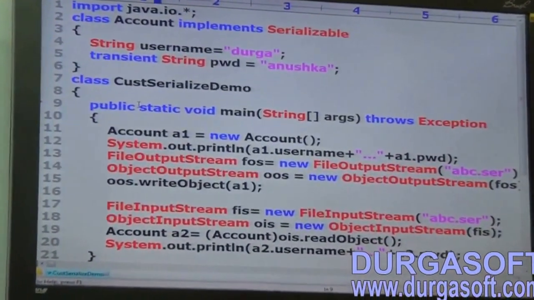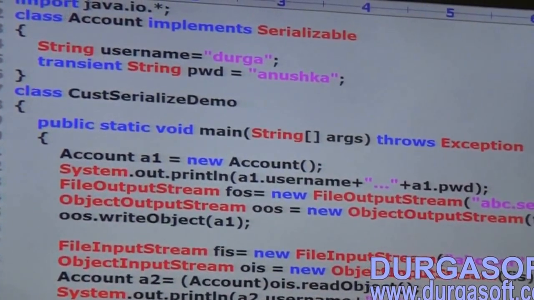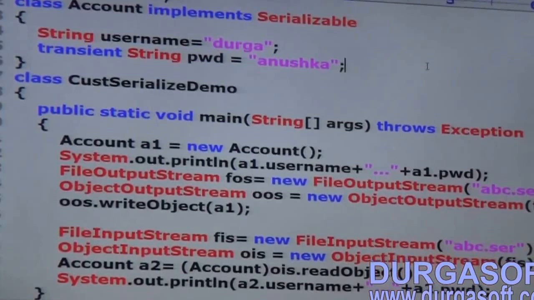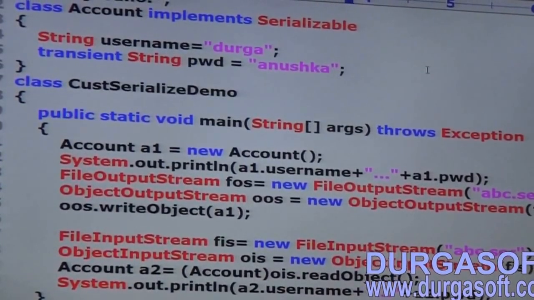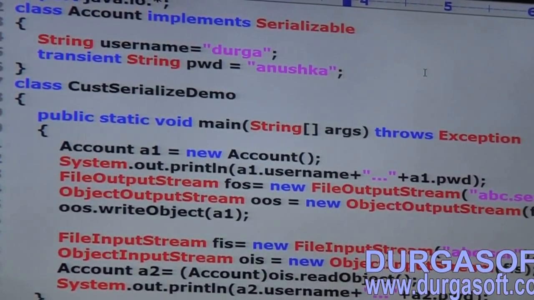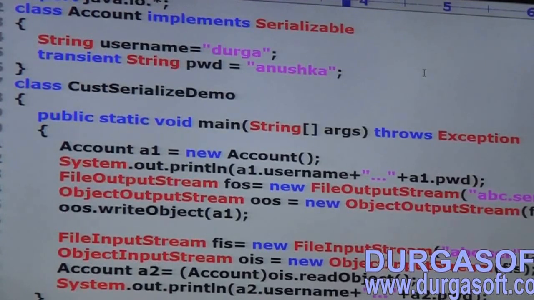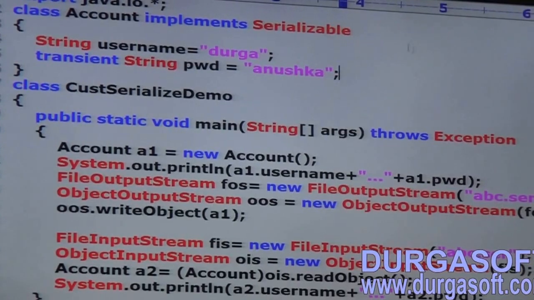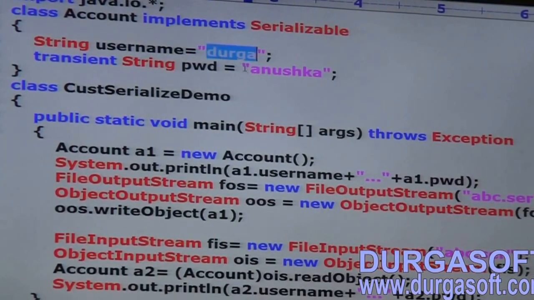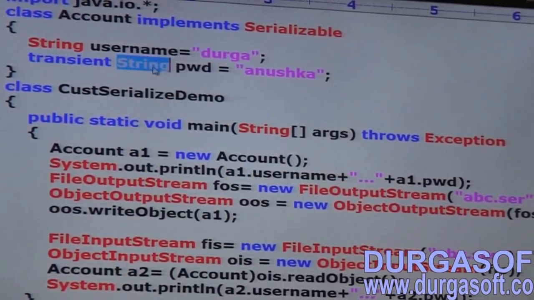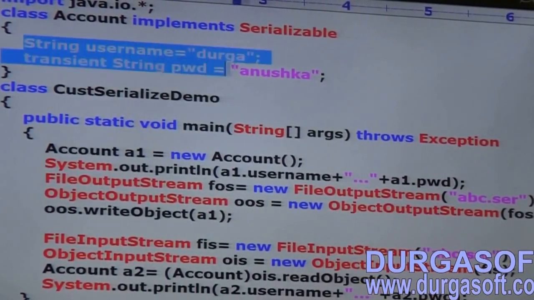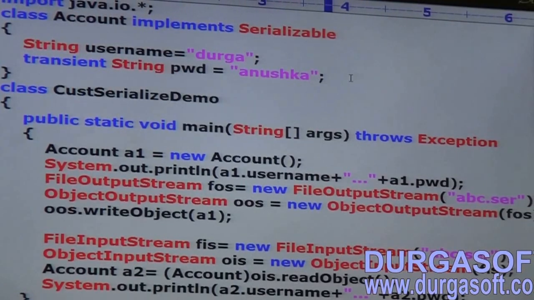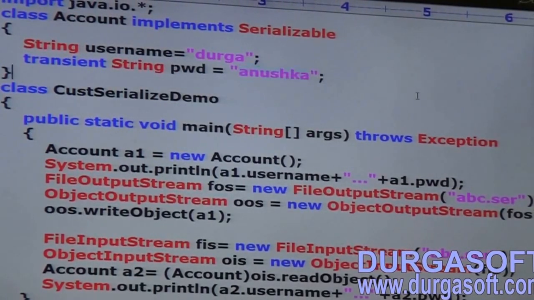Import java.io.*. Class Account implements Serializable. Next, String username is equal to Durga. Transient String password is equal to Anushka.